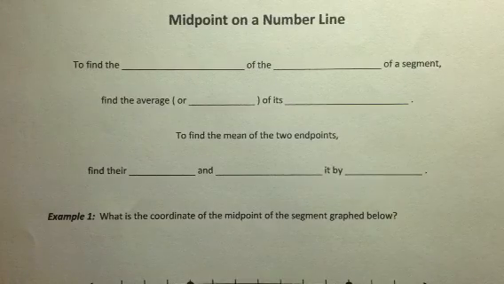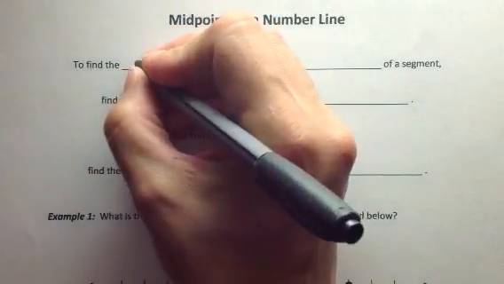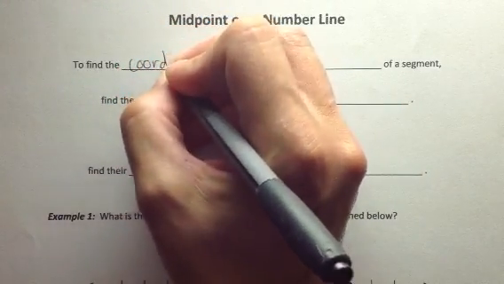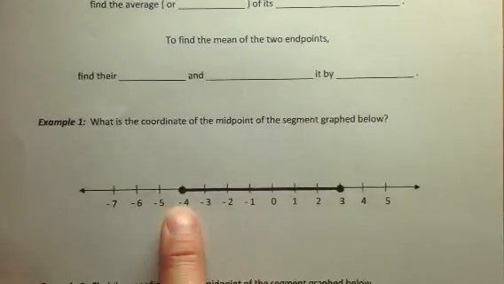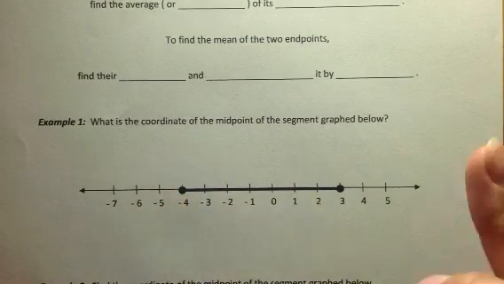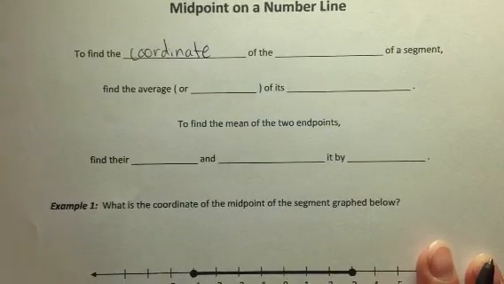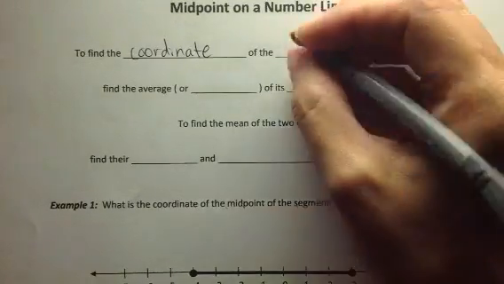Let's talk about finding a midpoint on a number line. Okay, to find the coordinate, when you're on a number line you have coordinates, locations. For example, here the location of this point is at -4. So to find the coordinate of the midpoint of a segment,